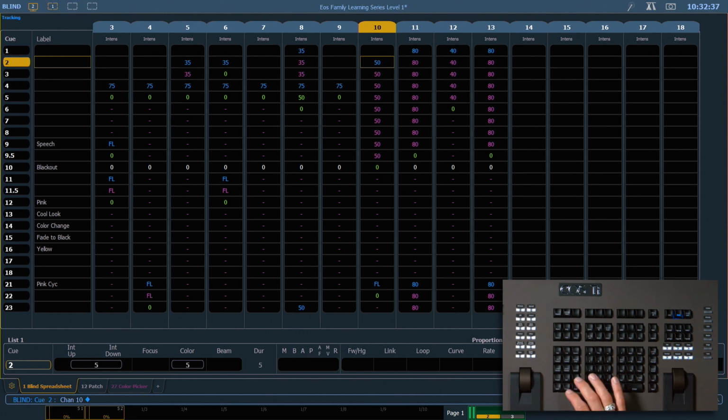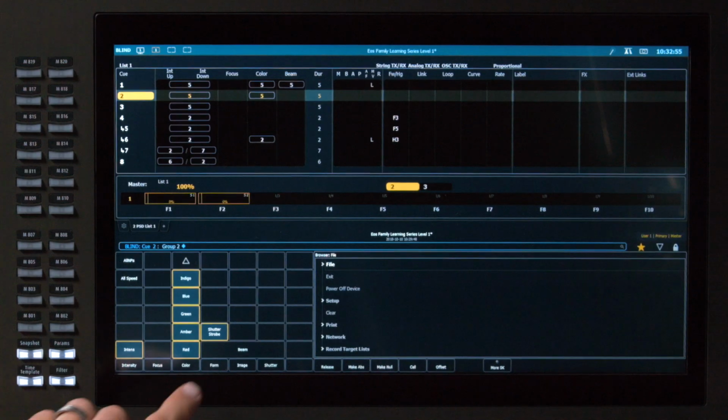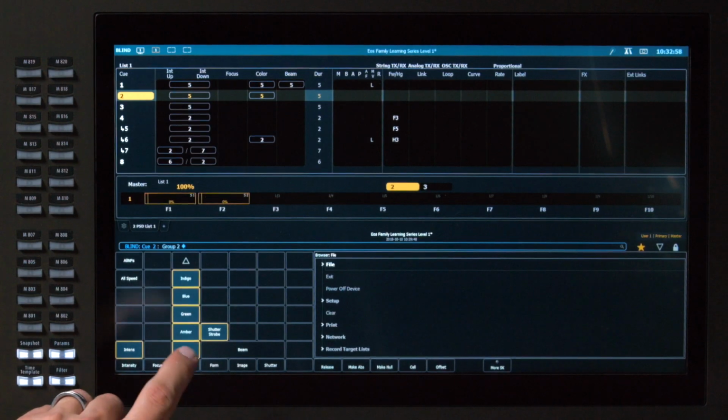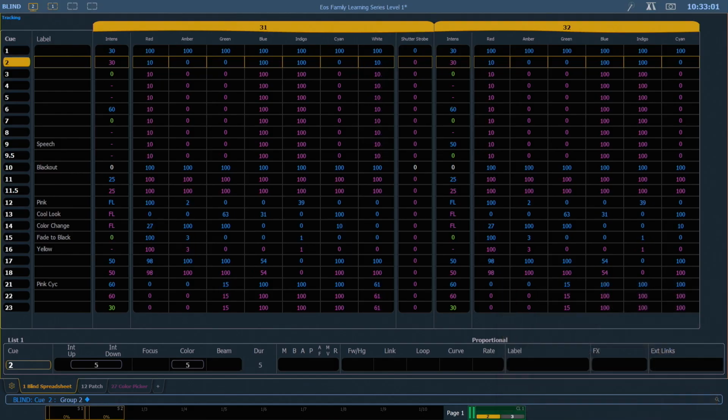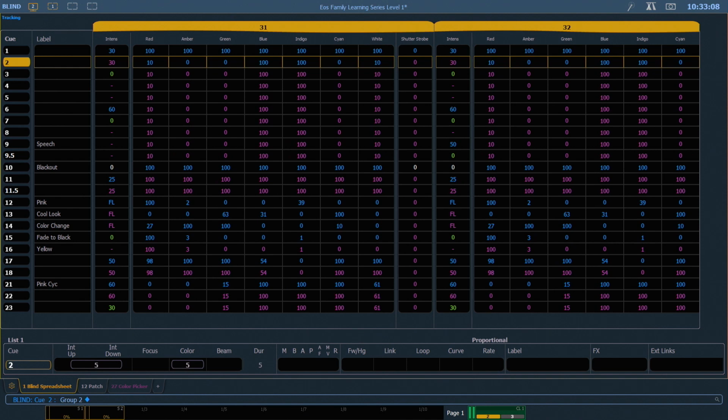If we want to see our group 2 fixtures here, type in group 2, enter. Depending what your settings are, you may need to hold your data key and press your color tile in order to expose that information. But as you can see here, in Q1, the color information is at its default value because we never set it, so it's all at 100. And then in Q2, we change it to our blue. So we should have a high value in blue and indigo and probably lower values in all the other color parameters. And same as with our intensity, when we hit Q10, that is a block, so that information will no longer track forward past that point.